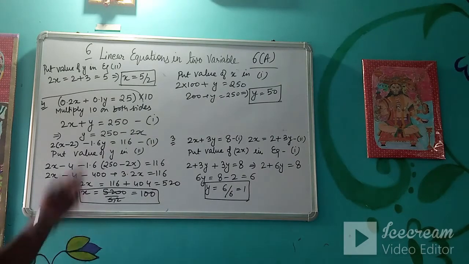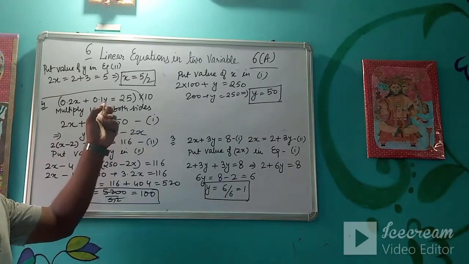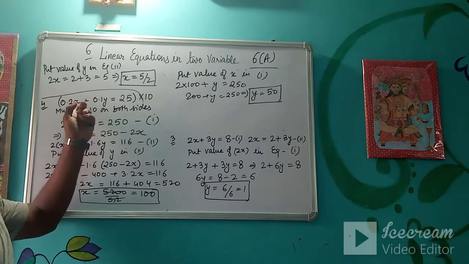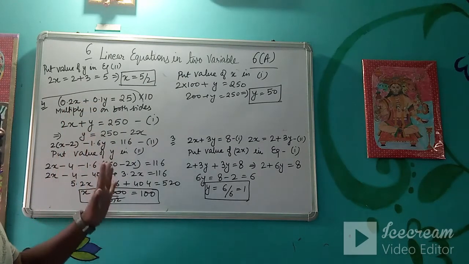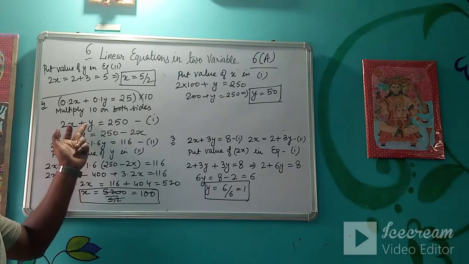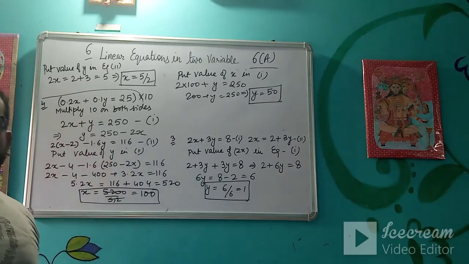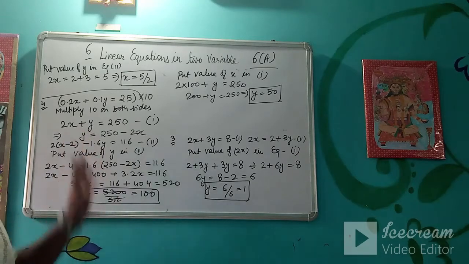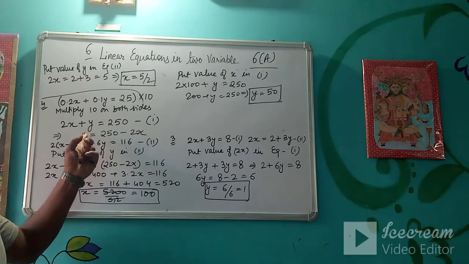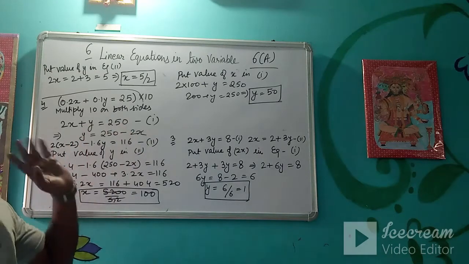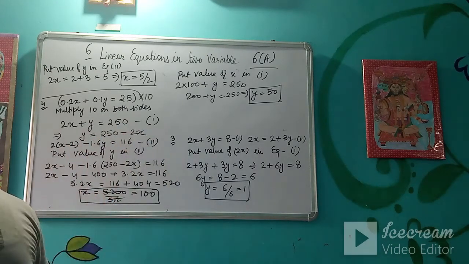Okay, so if possible, try to remove the decimals from the coefficients of x and y. And after removing the decimals, if we look very carefully, then look for the variables where the coefficient is 1. So here I can see the coefficient of y is 1, so I have taken out the value of y because it does not contain any denominator.